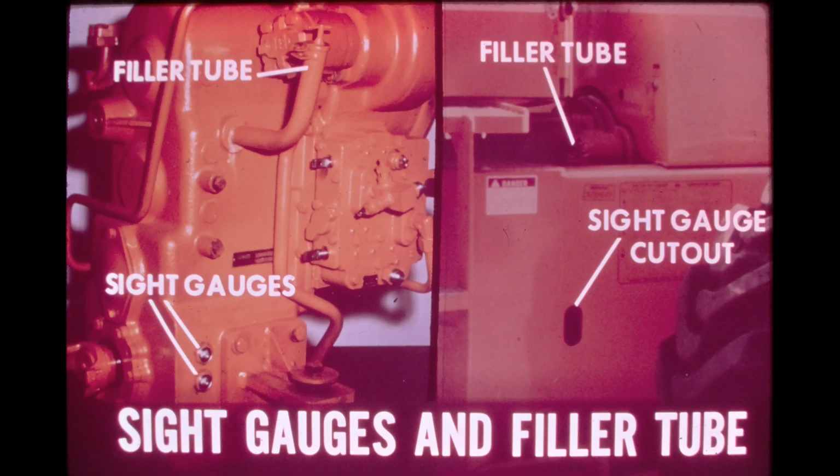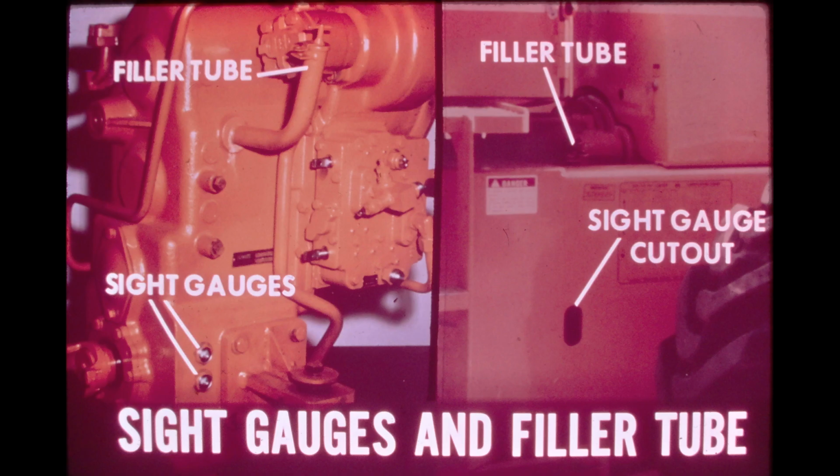The photo on the left shows the 2 sight gauges on the lower left side of the transmission. The oil must completely fill the lower sight gauge before the engine is started. The upper sight gauge is used to check the transmission oil level when the oil is hot. With the engine operating at low idle and the transmission in neutral, transmission oil should be approximately at the center